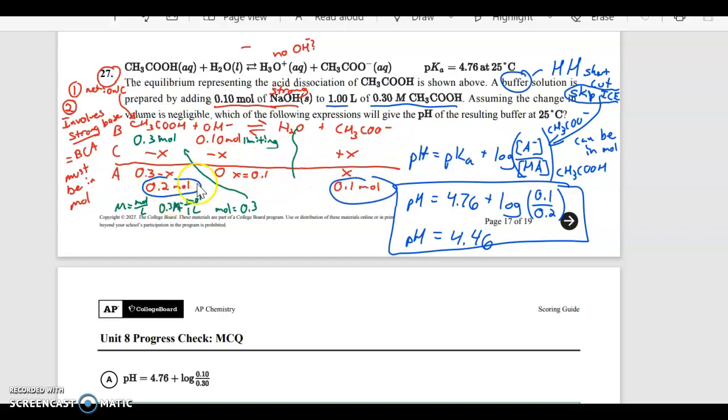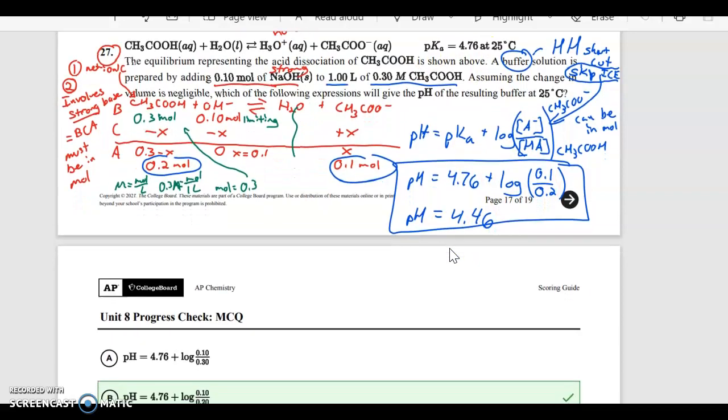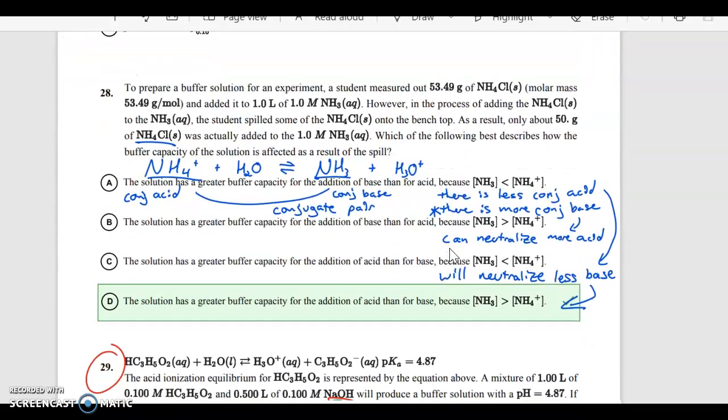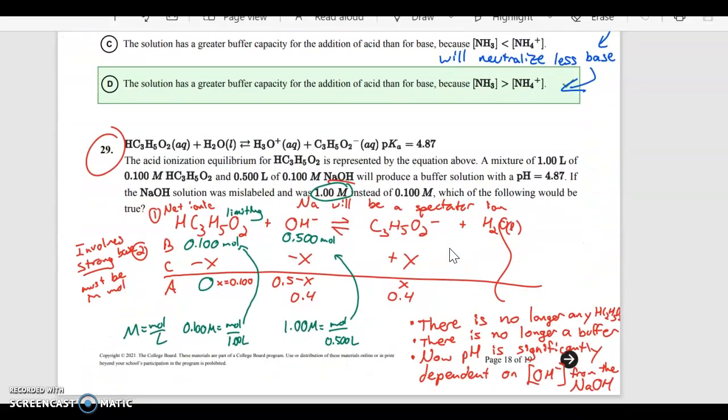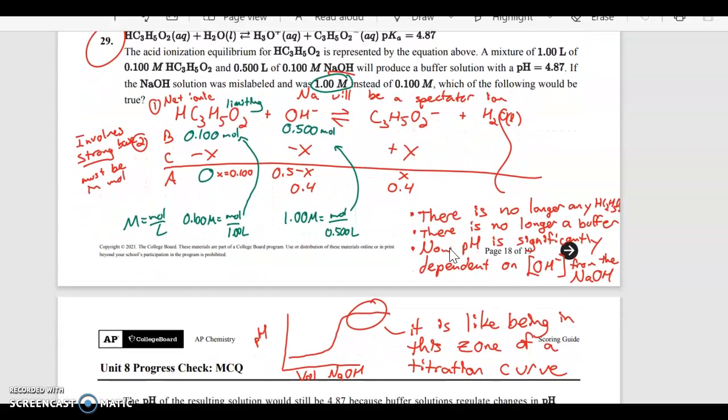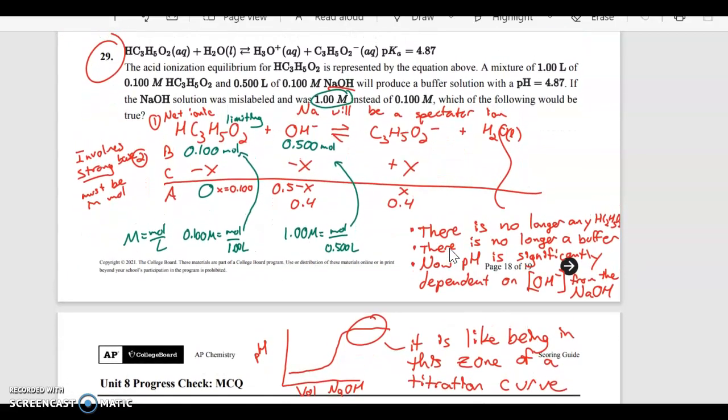And we're back to being at a buffer, where we have the conjugates, the conjugate acid, conjugate base. We put those into the Henderson-Hasselbalch equation. And you can use moles, and then the pKa, they gave it to you, nice, and then we solve for the pH. So that's kind of how you go about doing that one. And again, Henderson-Hasselbalch is a very nice shortcut how to do this. But in this one,